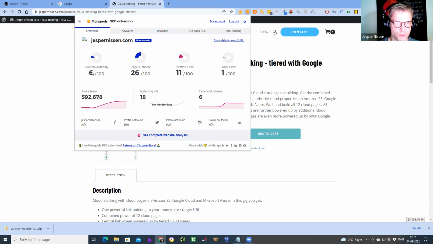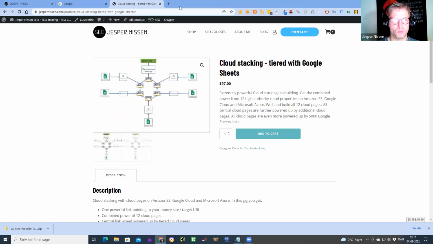Anyway, when you build a new website, you start with 1, 1, 0, 0. But when you build an HTML page and put it on Amazon S3, for example, let me show you how that looks.